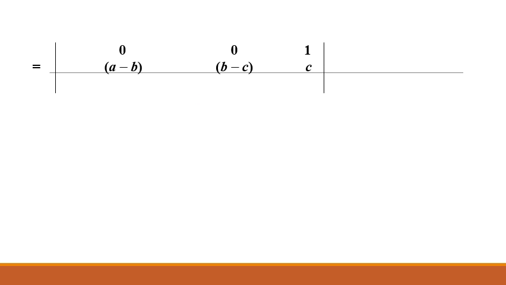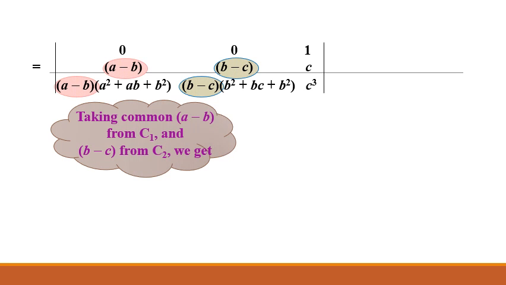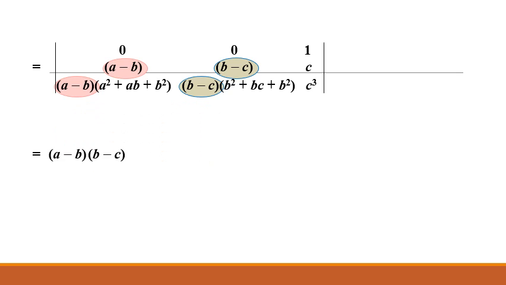First row elements will be as it is, second row elements will be as it is, and in the third row, using the identity, a cube minus b cube can be written as a minus b into a square plus ab plus b square, and b cube minus c cube can be written as b minus c into b square plus bc plus c square. Next, we will take out a minus b common from C1 and b minus c common from C2. So the determinant will be of the form 0 1 a square plus ab plus b square, 0 1 b square plus bc plus c square,